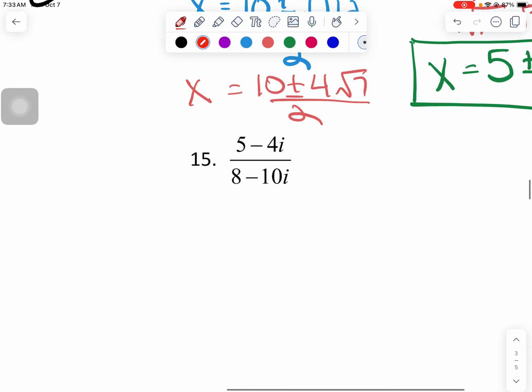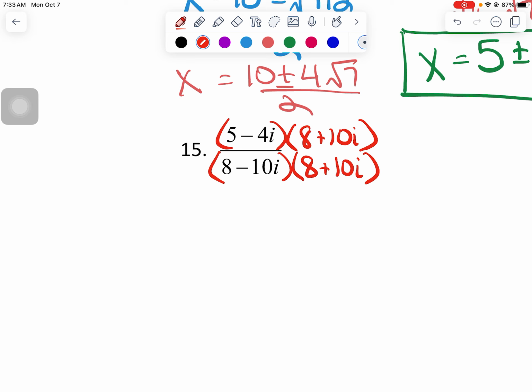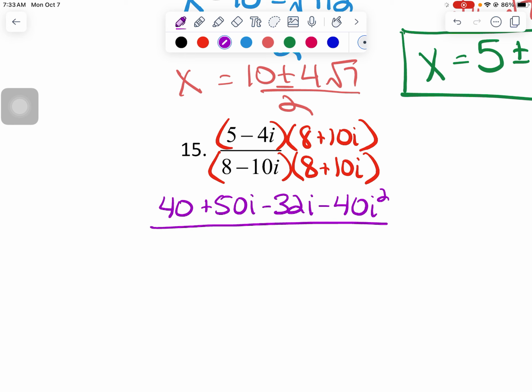Number 15, you are dividing complex numbers, which means you are going to be using your conjugate. The conjugate of 8 minus 10i is 8 plus 10i. So conjugate pair here, 8 plus 10i. What you do to the denominator, do to the numerator. All right, full distributive properties. That's going to be 40 plus 50i minus 32i minus 40i squared all over